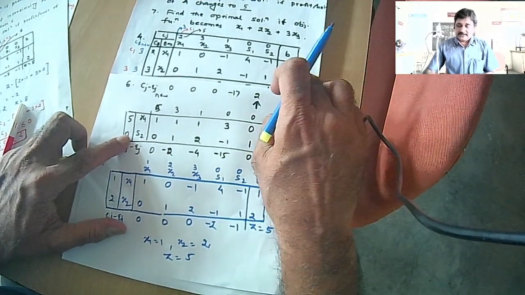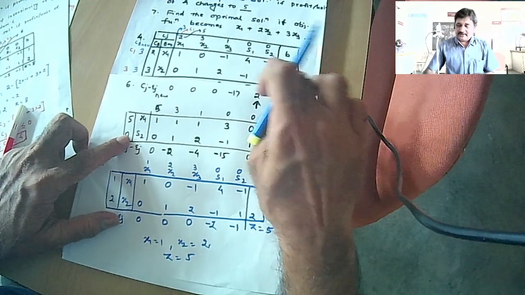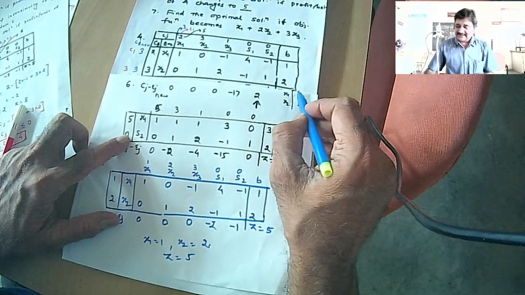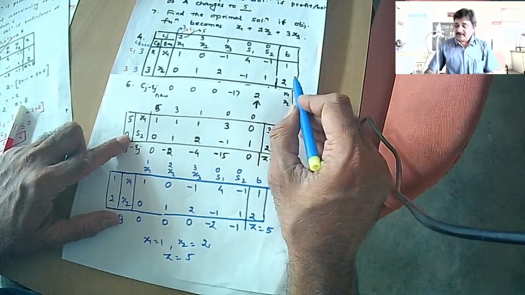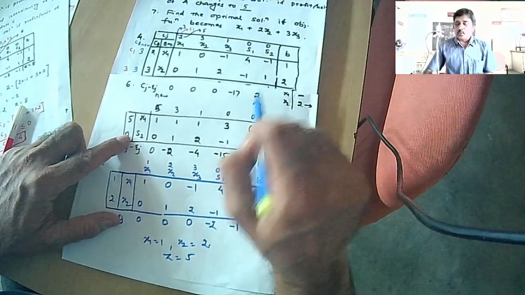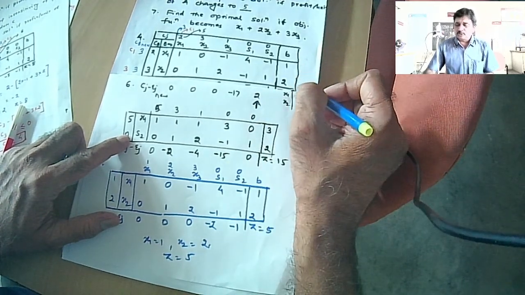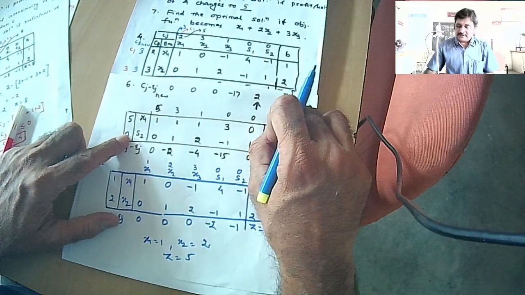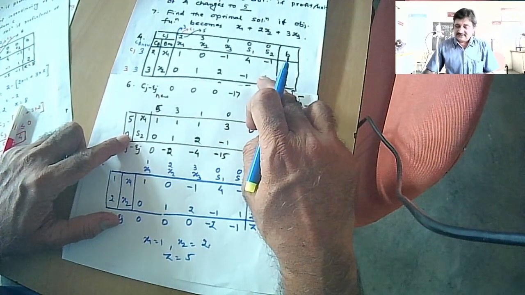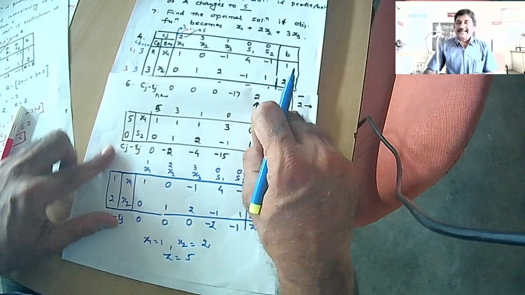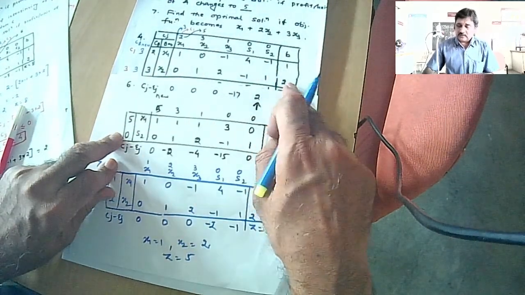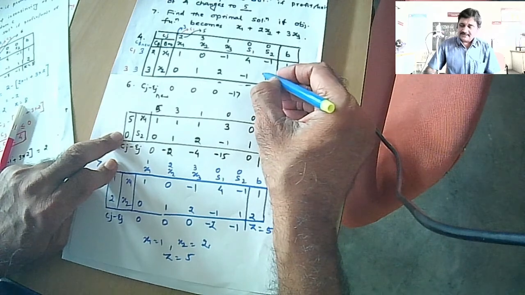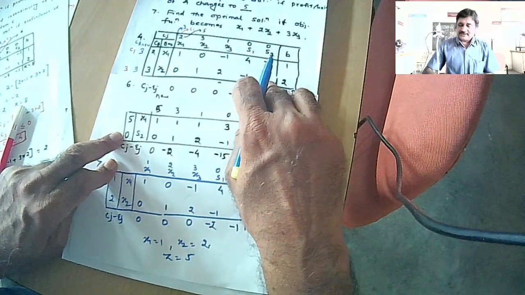Okay, that is b by key. 1 divided by minus 1 is dash there. Here I have written what will be the replacement ratio. 2 divided by 1, 2. Here those will be dash and 2, meaning that x2 will be leaving variable, and in place of x2, s2 will enter. So here, this will be the key element.